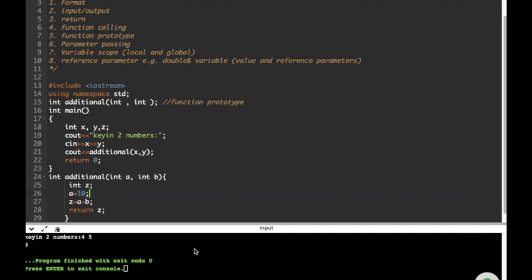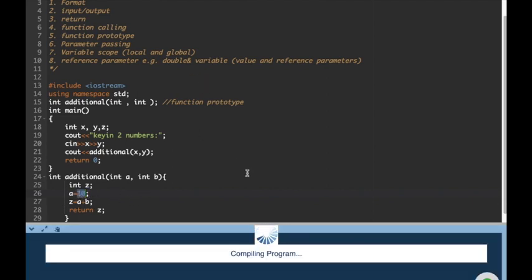By right, in this case, A, which is 10, will be added with B, so any number in B. The A will be overwritten by this number 10. So when we run this,